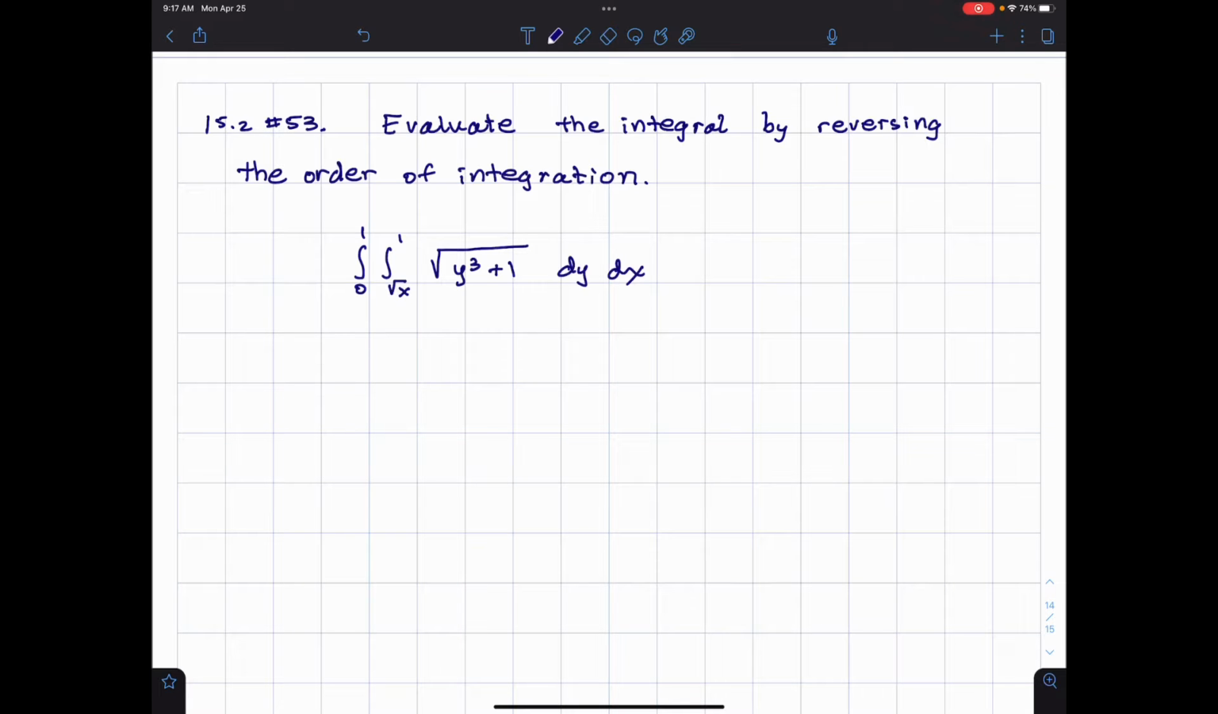Alrighty, what we're going to do is evaluate this double integral here. But first, before we do that, we have to change the order of integration. Now, why is that? Because if you look at this y to the third plus,